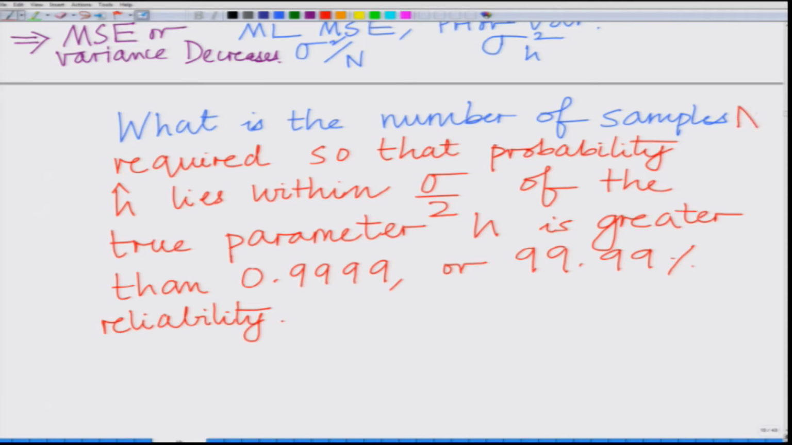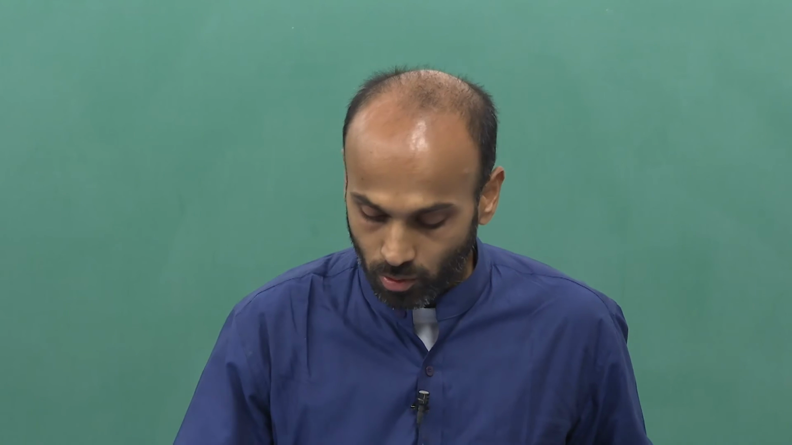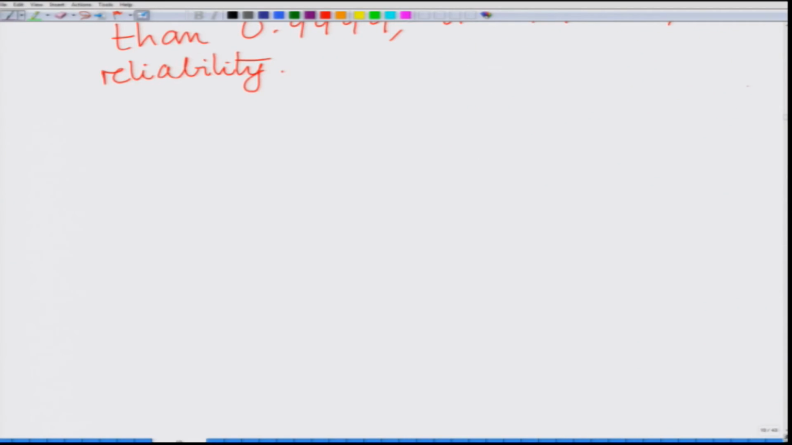Remember, the number of samples is basically the same as your number of observations. What is the number of samples or observations n required so that the probability that the true parameter h lies within a sigma by 2 radius of the estimate h hat, or the estimate h hat lies within a sigma by 2 radius of h, is greater than 0.9999, or basically we can say that we have achieved 99.99% reliability. Okay. And so, if you want to represent it pictorially,